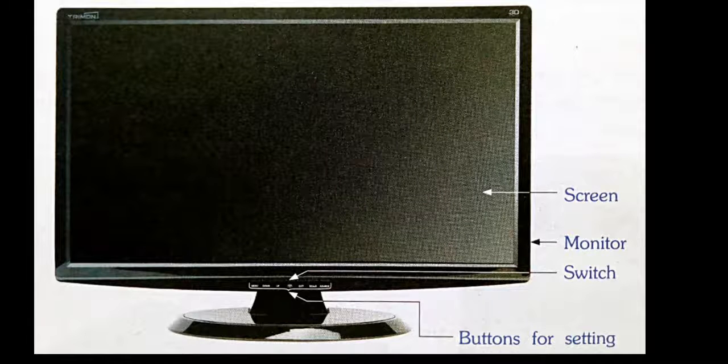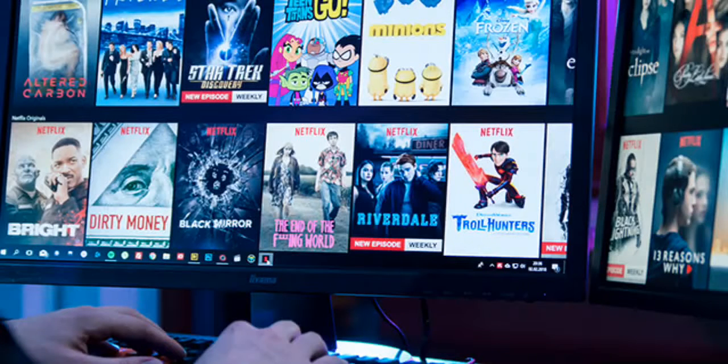When you enter data or give instructions to the computer, the screen displays whatever you are typing correctly. It also displays the output processed by the computer. Hence, it is also known as Visual Display Unit. Okay, students, there are two kinds of monitor, one monochrome monitor and one color monitor.